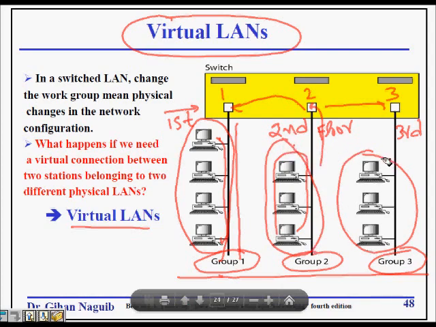But what happens if these two people are transferred to the second floor, and one of the marketing people goes to the first floor, and some managers also want to come, one to the marketing floor and another to the engineering floor? In that case, even though physically they are in different locations, I want them to be in the same group or broadcast domain?